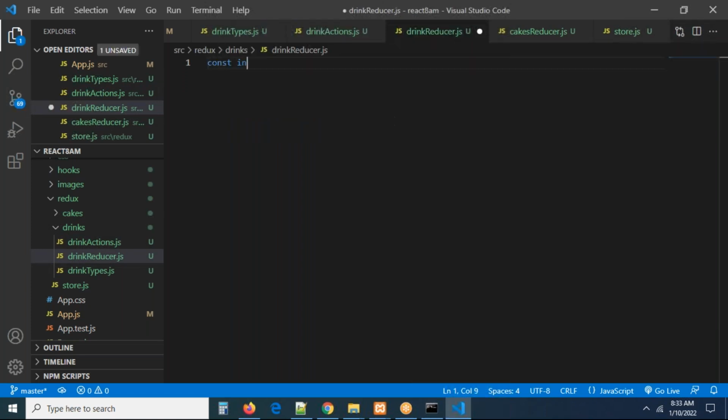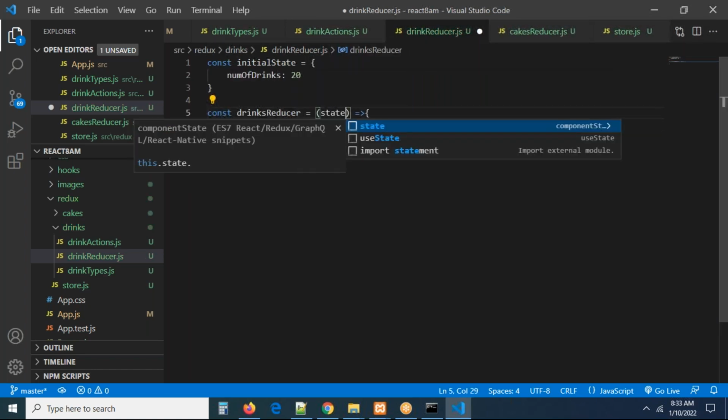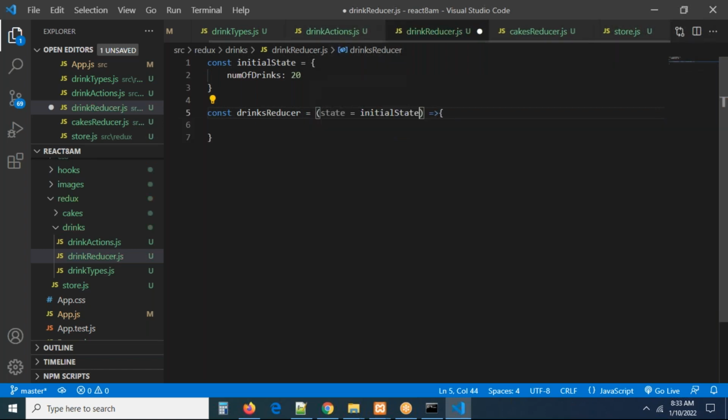First define the initial state. Const initial state is equal to number of drinks 20. Const drinks reducer. This is going to have two parameters. One is the state equal to initial state, and the other one is going to be action. We have to write switch cases here. Switch action dot type